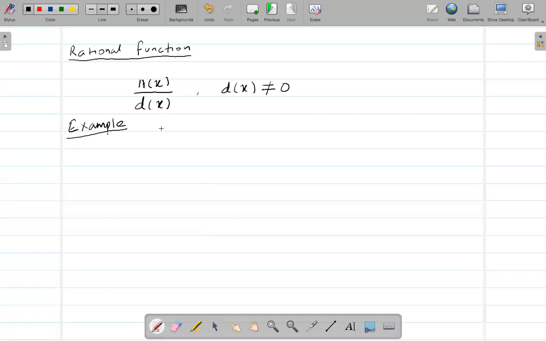So let's say we have a rational function given. On the top, we have some polynomials. Let's say we have a polynomial, something like this: (3x squared plus 3x over 6) divided by (2x squared minus 2). Okay, now we need to find